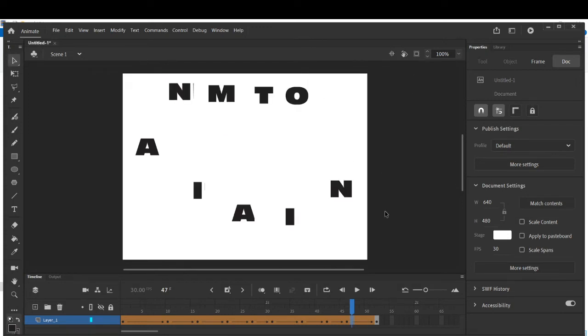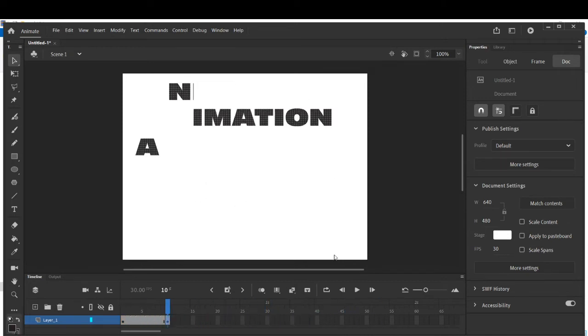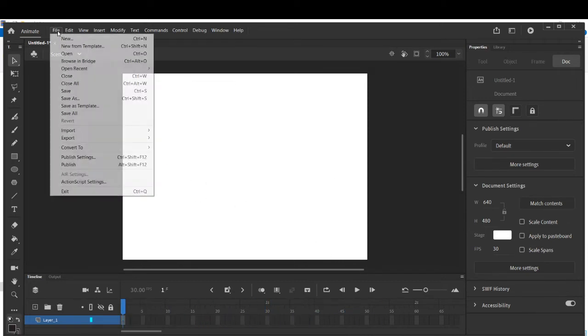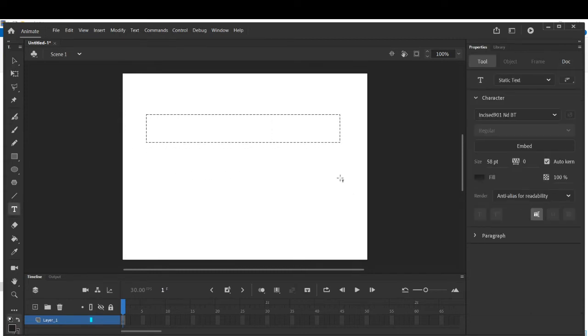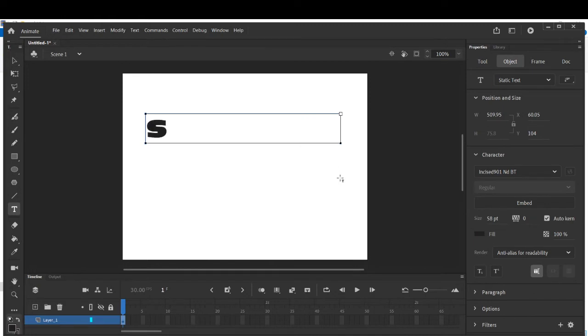Now after that, let's do what? One more part is left, that is animating filtered text. You have to apply filter. So for that, to apply the filter, children, what we will do, again I have to erase my all work, or you can go for new option also. You can go to file and new, but I am not doing that. So now the first point is I am going to write a text. Write down a text. Write down computer.